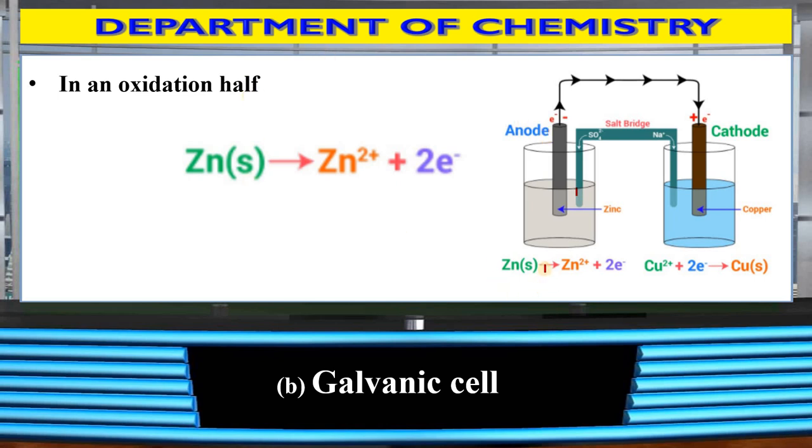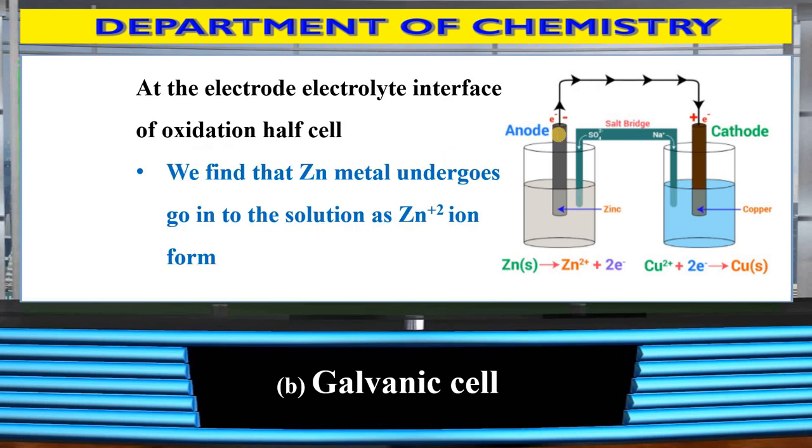So here, zinc in the zinc sulfate solution converts into Zn2+ ion and SO4 2- ion. Here zinc gives Zn2+ ion and 2 electrons. Two electrons will move from the anode towards the cathode through a metallic wire. And at the electrode-electrolytic interface,